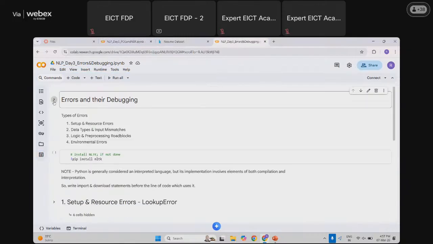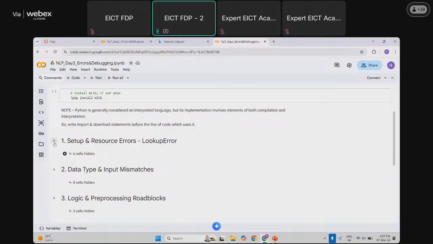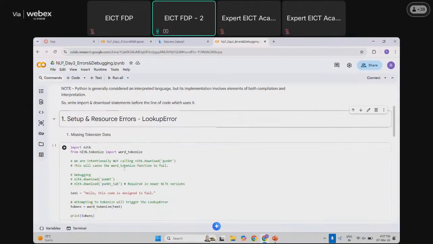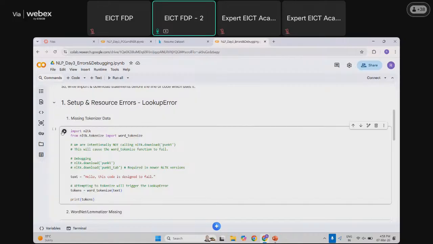Okay. So these are the 4 types of error. First, basic error. If you have not installed NLTK and you are getting the very basic error, you should first install it and then only execute any NLP program. If you are not dealing with NLTK, any other library like spaCy should be installed first. So I already have this one. First error is the missing tokenizer error. The common error we face here is